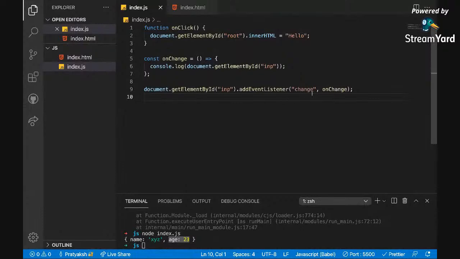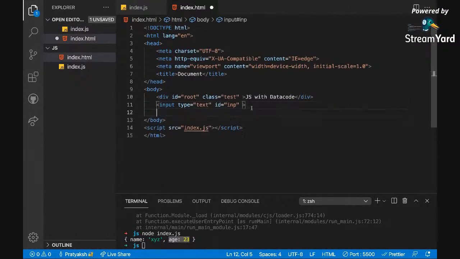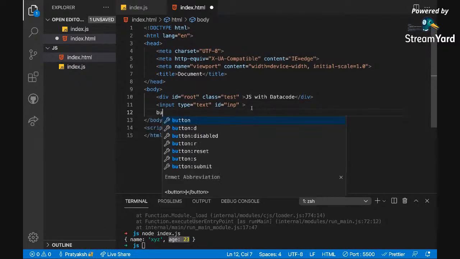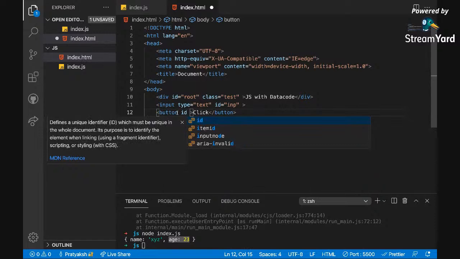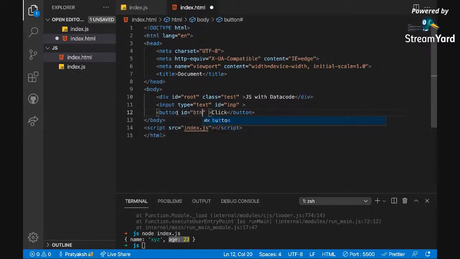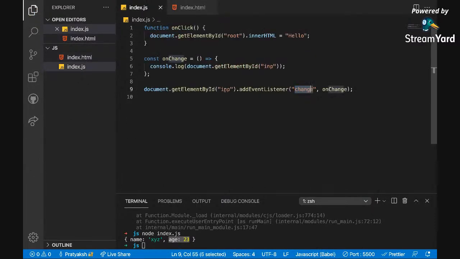So instead of logging on change, we can add a button. Let's add a button and name it click, and give it the ID btn. And now instead of adding a listener to input, we add a listener to button, and we say whenever the button is clicked, you run that function.